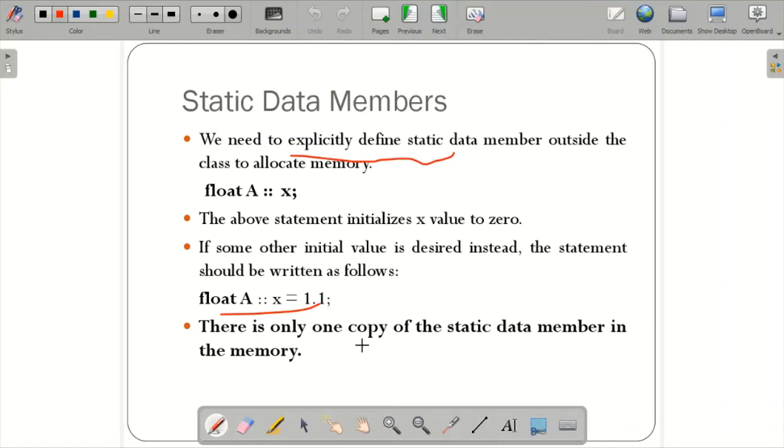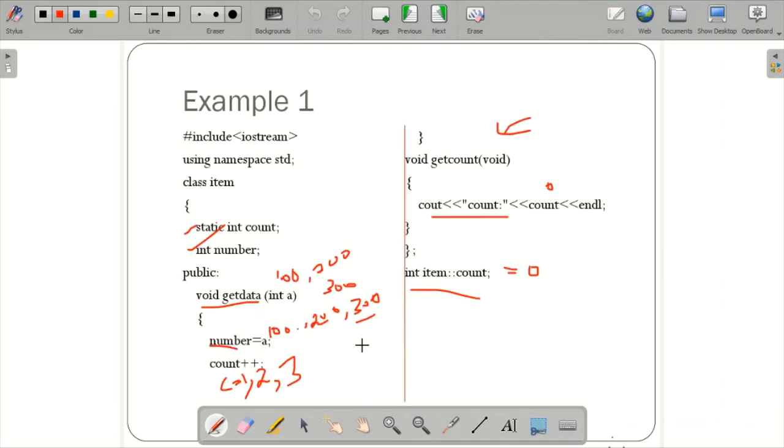You might think what the application of this might be. Static variables are normally used to maintain values common to the entire class, so we can have an application where it is used as a counter that records the occurrence of all the objects, like how many objects have been created. So it can be used as a counter variable. This is an application where static data members may be used. So this is regarding the static data members.